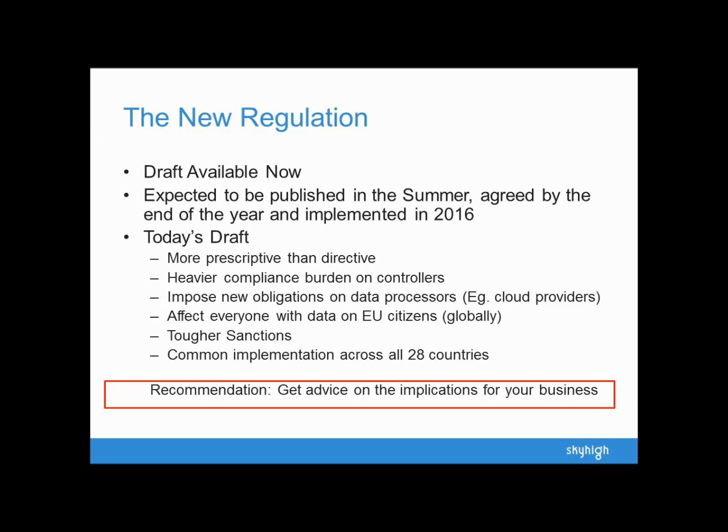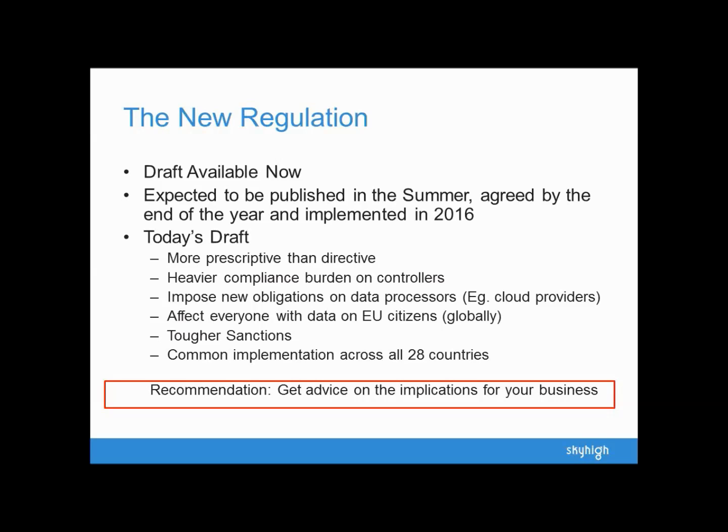Okay, let's move on to the regulation. So the new regulation, there's a draft available right now. It's been going through draft stages for a while. It's expected to be published in the summer or maybe the autumn of this year and implemented in 2016 or possibly the beginning of 2017. Actually, that's not terribly far away. And the draft has had a number of people who have recommended changes to it. However, the drafts haven't changed a huge amount, even though people have recommended amendments. And so we believe that the final regulation is likely to be pretty close to the draft that's available now. And so it's never too early to start